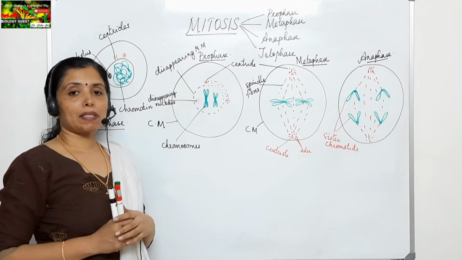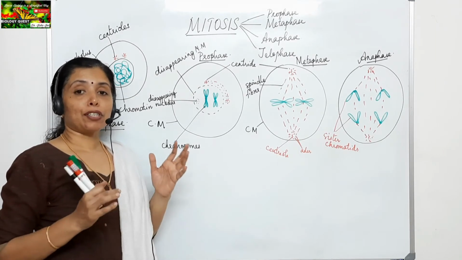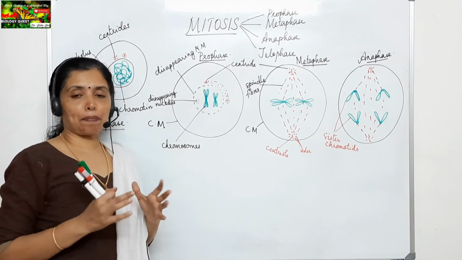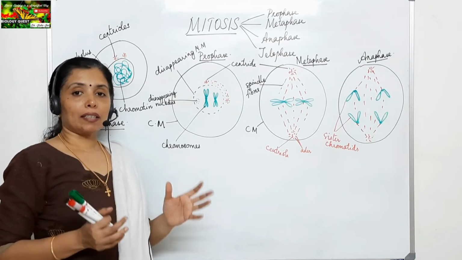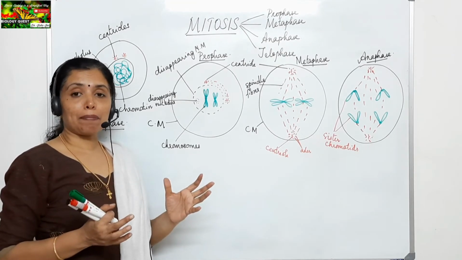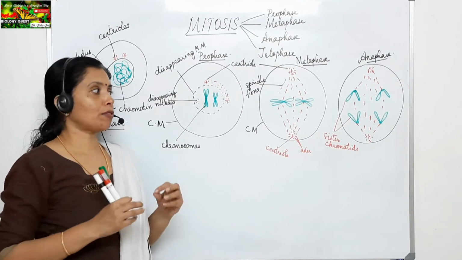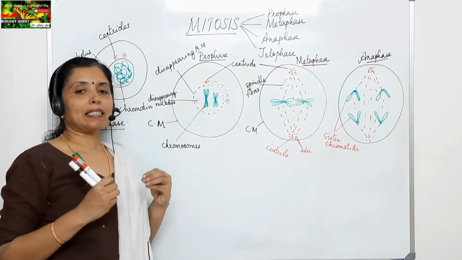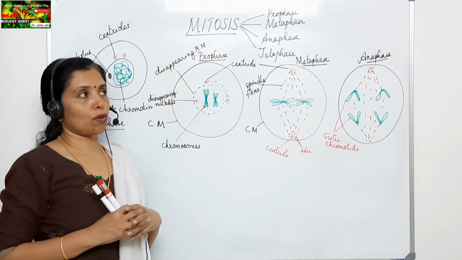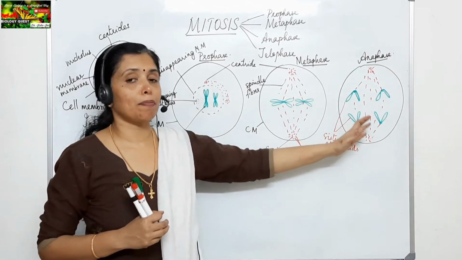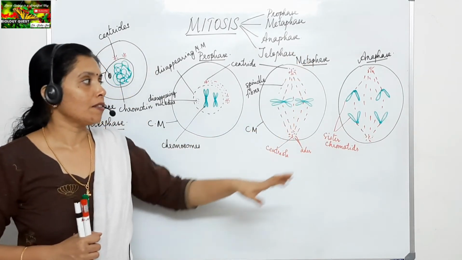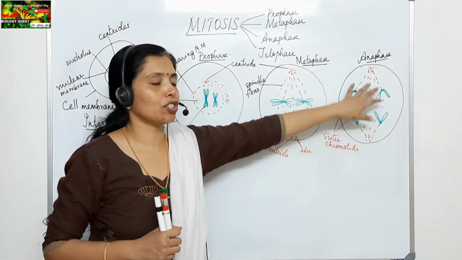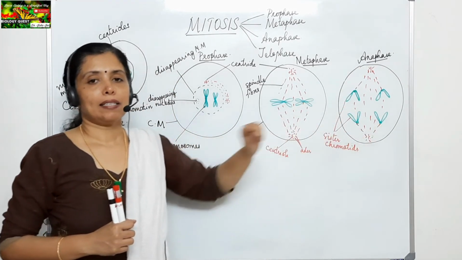So here the nuclear membrane and the nucleolus reappear. The third one, the spindle fibers disappear because now the function of the spindle fibers is over. By the end of anaphase or the start of telophase, the sister chromatids have reached the opposite poles of the cell